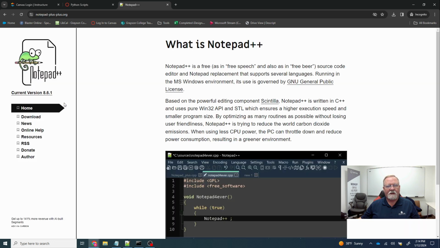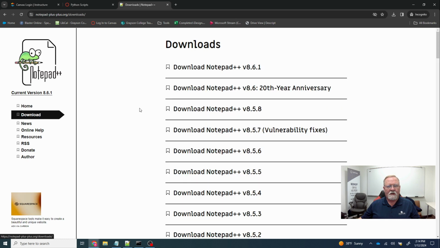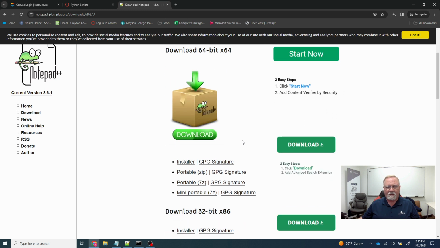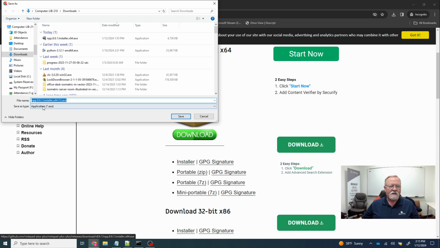So you want to click on that link, and then we want to click on the downloads link. Okay, and you want to get the most recent version, which is here, Notepad++ version 8.1.6. We click there. Now, this is a whole lot of mess here. All these buttons that say start now and download, stay away from those. Don't do anything like that. What you want is the installer. So we're going to click on installer, and it should give you the option